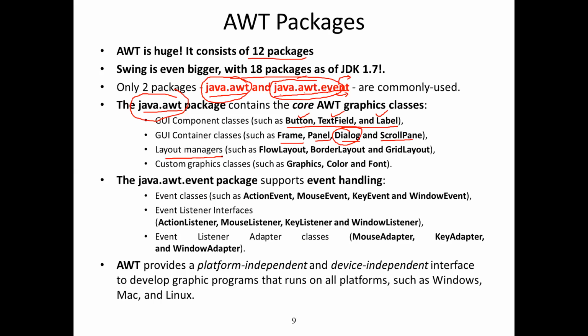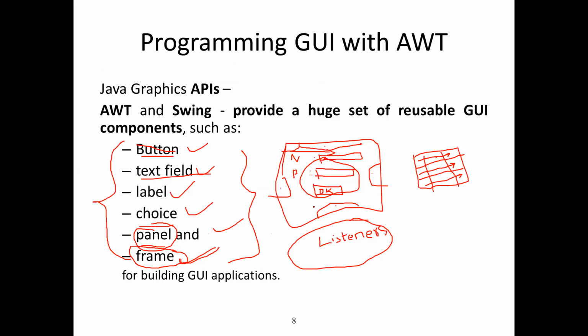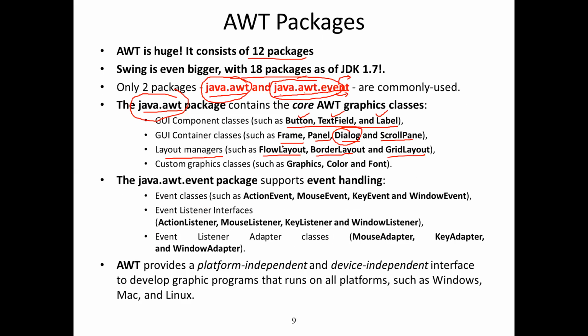And just now I was talking about layout managers: flow layout, border layout, and grid layout. In the previous slide, I have already mentioned these three layouts. Flow layout is left to right, border layout is north, east, west, south, and center. Then grid layout talks about 3x3 matrix, 4x4 matrix, something like this. Then I have the second package called java.awt.event. Just have a look at this. This is what I was talking about. Event listener. So there are various event listener interfaces available.